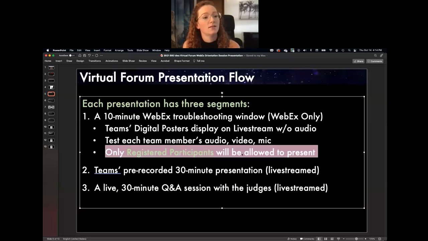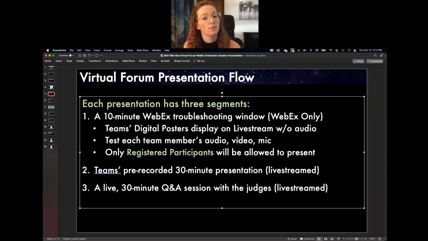One thing that I didn't list here that will also occur, but is also in the orientation guide, is you guys will assign a secondary team lead during this 10-minute WebEx troubleshooting video. This is because if your primary team lead's connection goes down, or if something happens with their hardware, their internet goes out, their electricity goes out, that secondary team lead will take over the primary team lead's